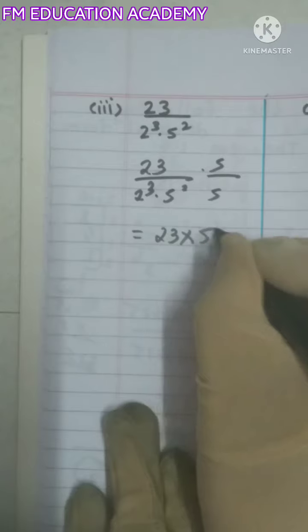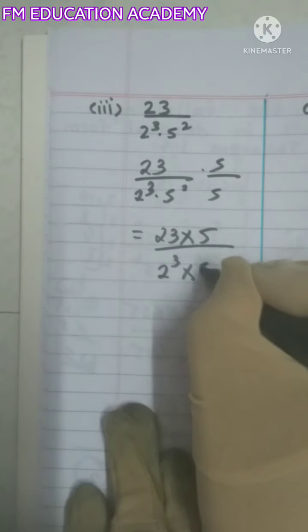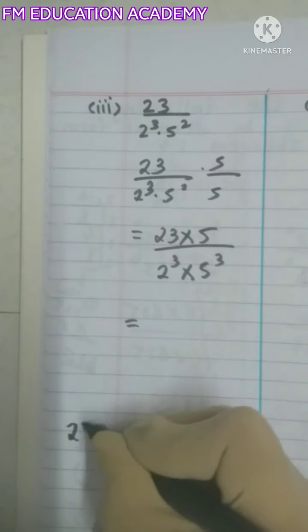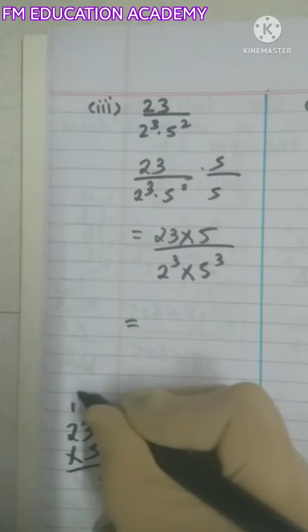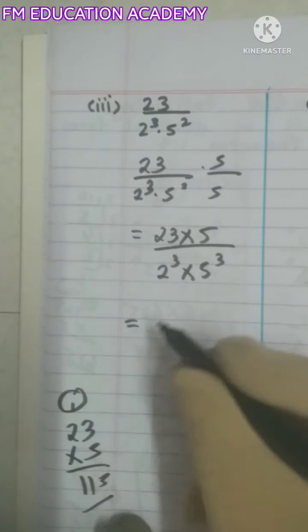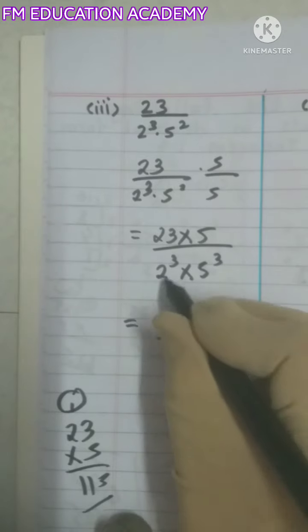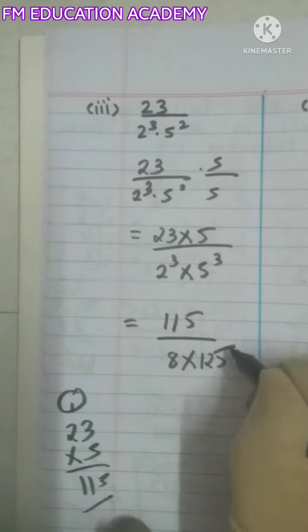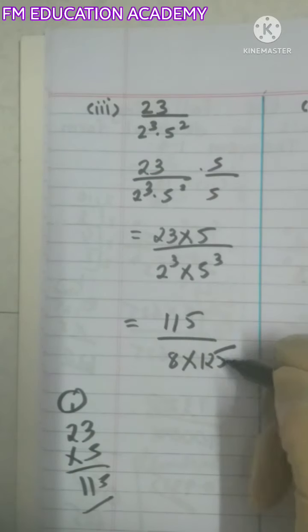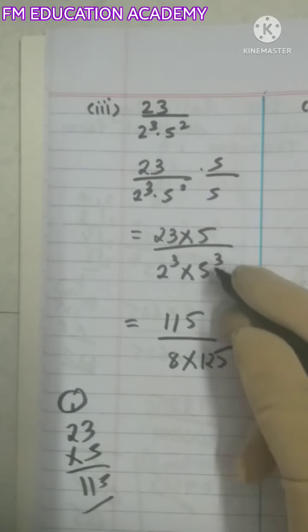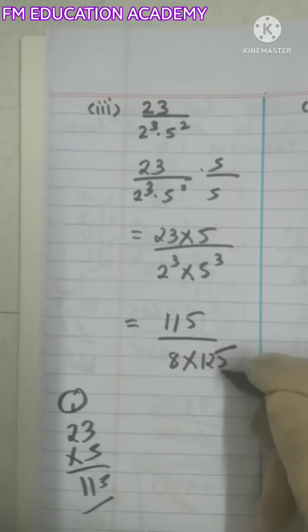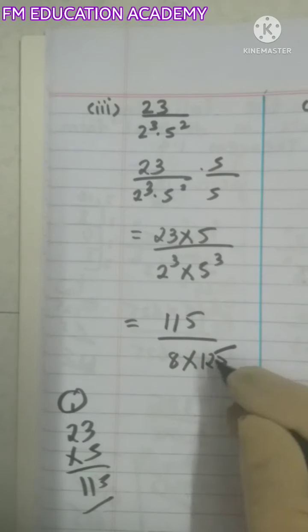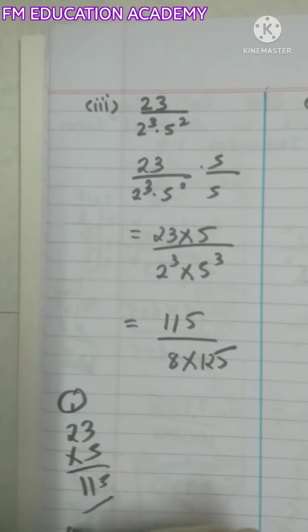23 इंटू 5/2³ इंटू 5³ बन गया। अब 23 5 क्या होता, 5 3 15, 5 2 10, 10 + 1 is 11, सो 115/2³ आपको आता, 2 2 4, 4 2 8 और 5³ आपको आता आंसर 125। करके देख लीजिए, 5 5 25, 25 5 125। ठीक है, 5 3 बार जब हम लोग लिखेंगे उसको हम लोग बोलते हैं 125। अब मल्टीप्लाई करिए 125 इंटू 8, 125 इंटू 8, 5 8 40, 8 2 16, 16 + 4 20, 8 1 8, 8 + 2 10,